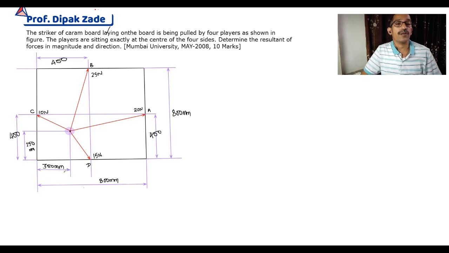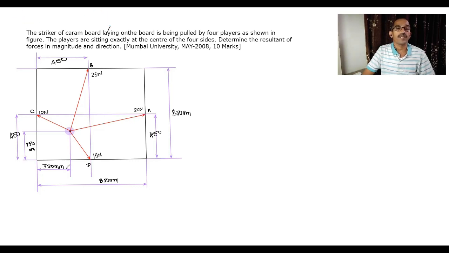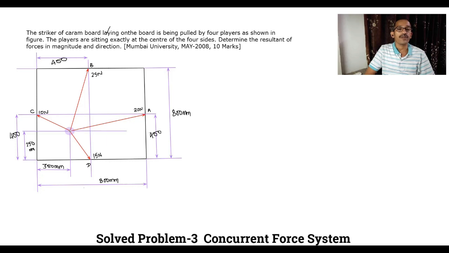Now, the inclinations of all four forces are not given. So the next, important step is to find the inclinations of all these forces. As some dimensions are given, from those we will find the inclinations. In this problem, the important part is the inclinations of all the forces. To find them, I'll draw one horizontal line here, extended till this location, so that we can represent the inclinations of the forces with this horizontal.